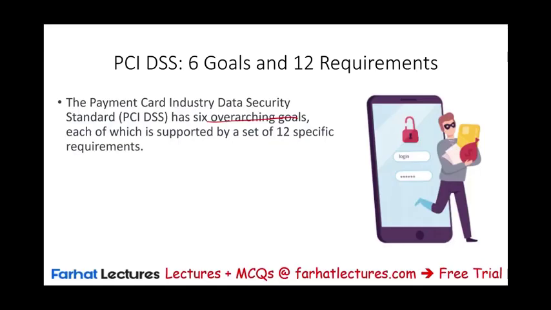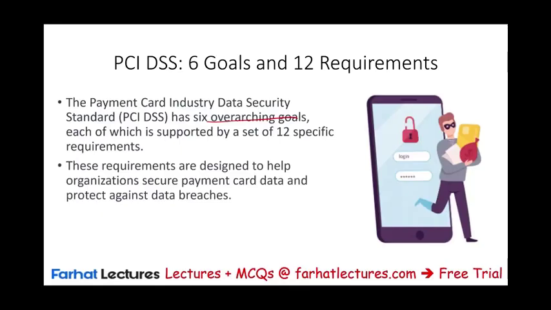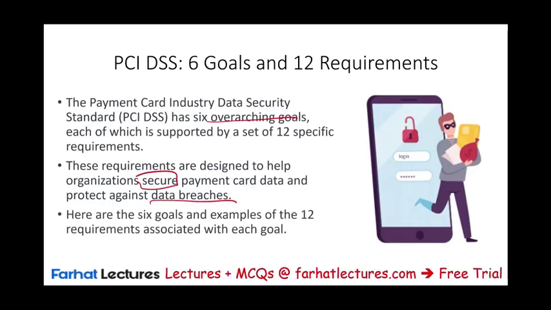As a future accountant, as a future CPA, as a business owner, you want to be familiar with the major idea of this PCI. Those requirements are designed to help organizations do what? Secure payment. You want to make sure your customers are comfortable and trust that if they gave you this information, whether it's in transit or resting in your database, it's protected from data breaches. What is a data breach? We have a separate recording about this. It is when someone else accesses this data without your consent or the business's consent. There are 6 goals, and in this session I'm going to look at each goal, give an example, and show you the 12 requirements associated with each goal.